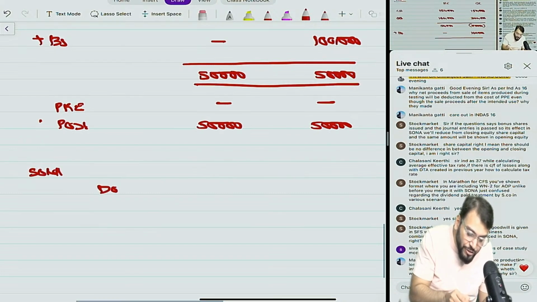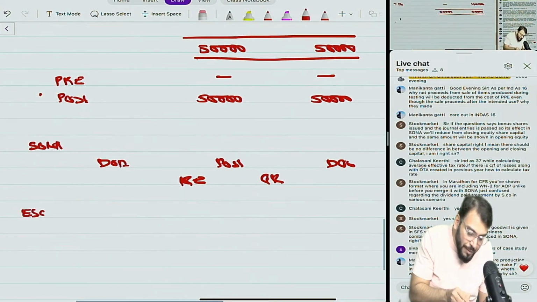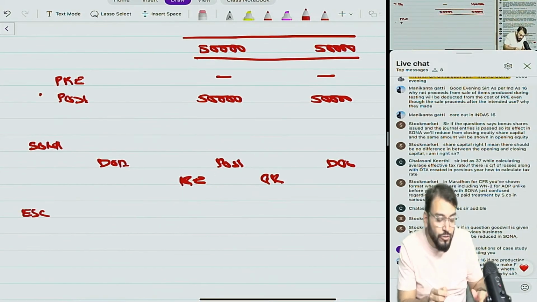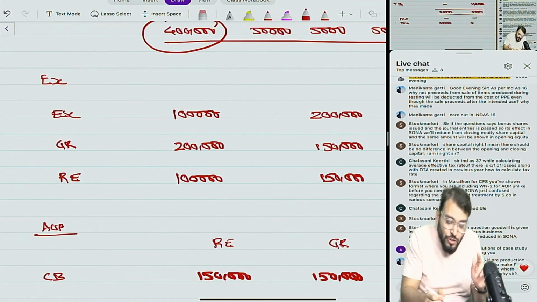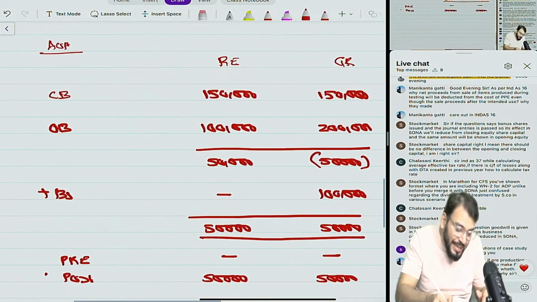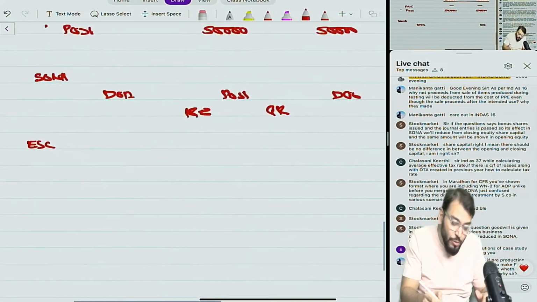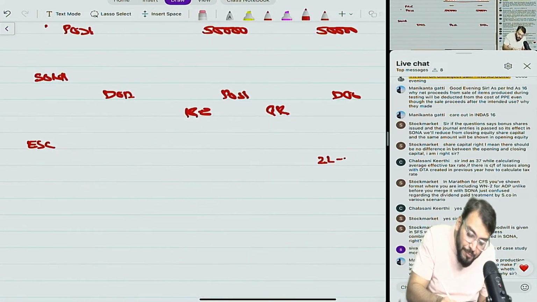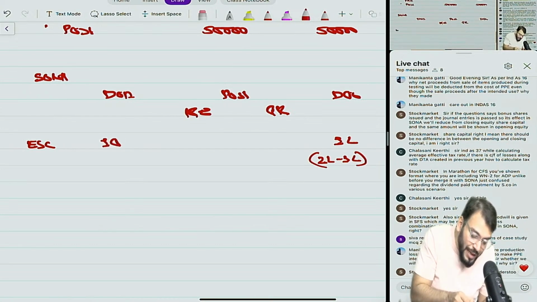In SONA, we write the date of acquisition, the date of consolidation, post-acquisition, retained earnings, and general reserve. Now you can see equity share capital on the date of consolidation, meaning the closing balance, is 2 lakh. Are you getting it? But because you have already added bonus shares, you have nullified that effect. So the closing balance should be 2 lakh minus 1 lakh, meaning it should be 1 lakh before bonus shares, and this will also be 1 lakh.